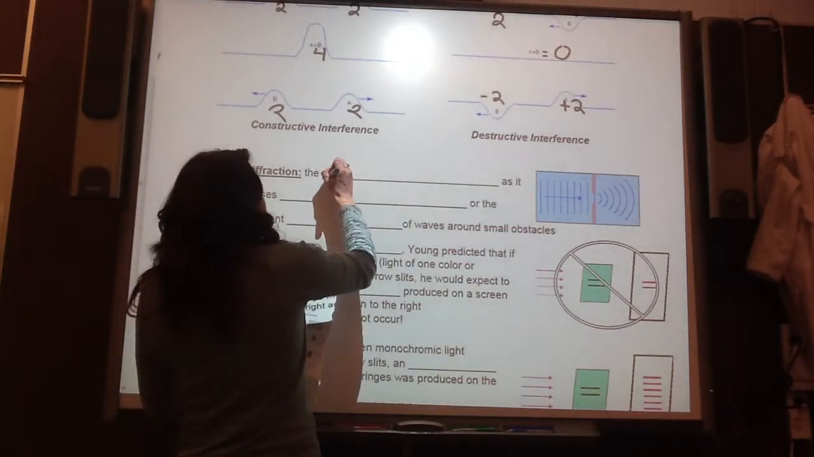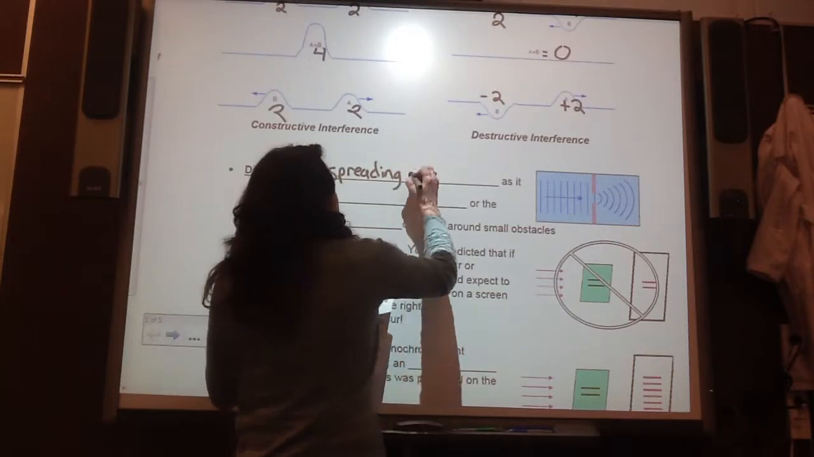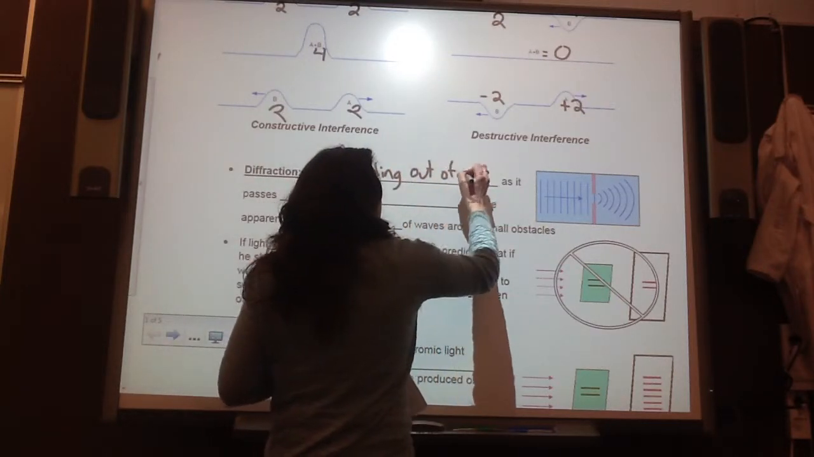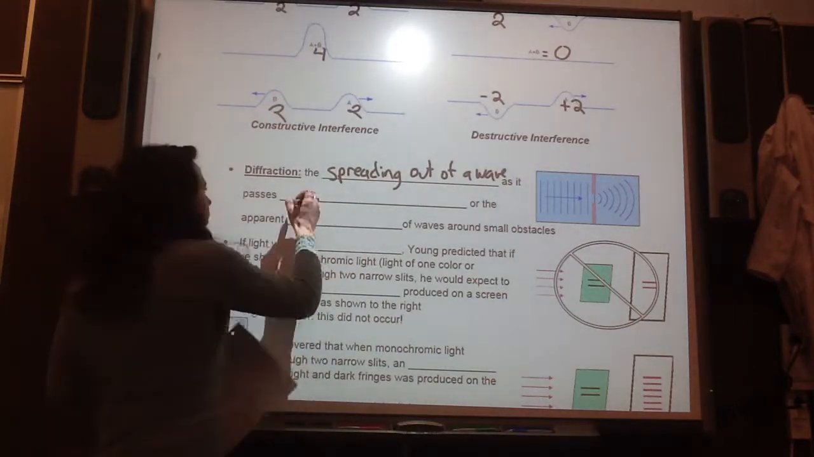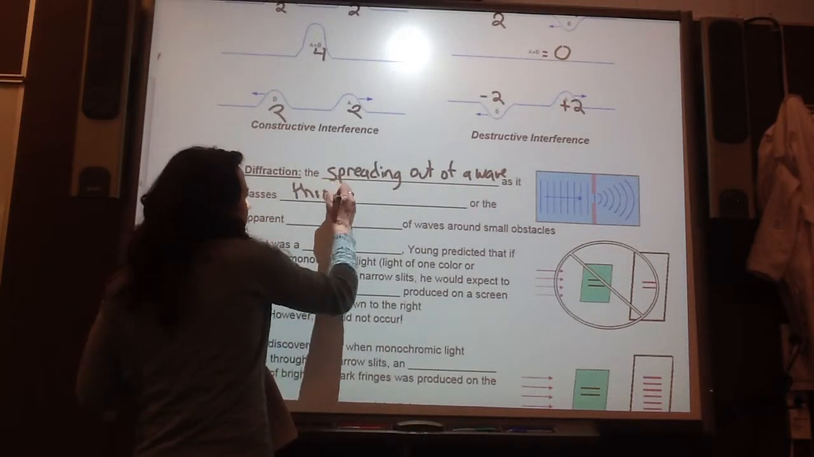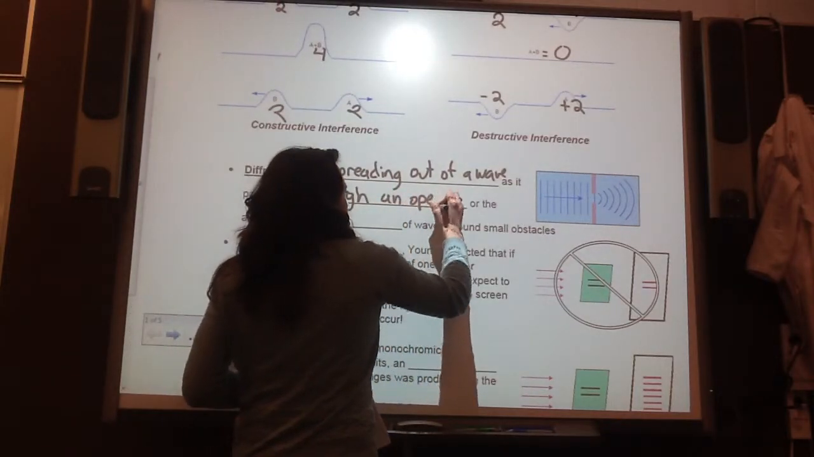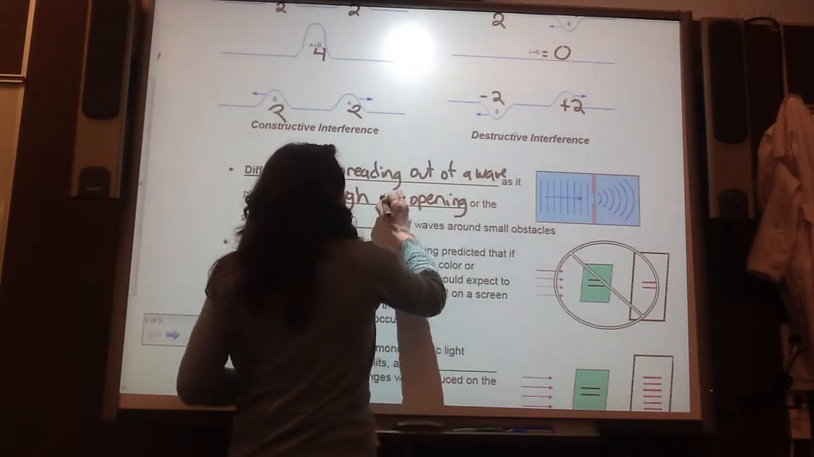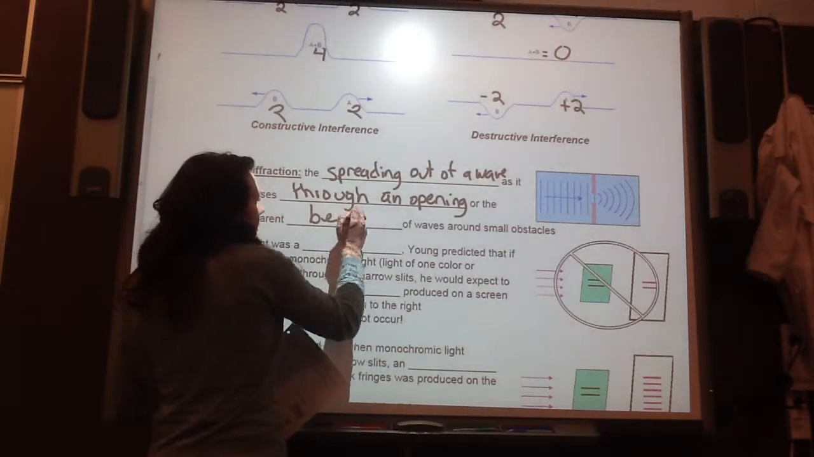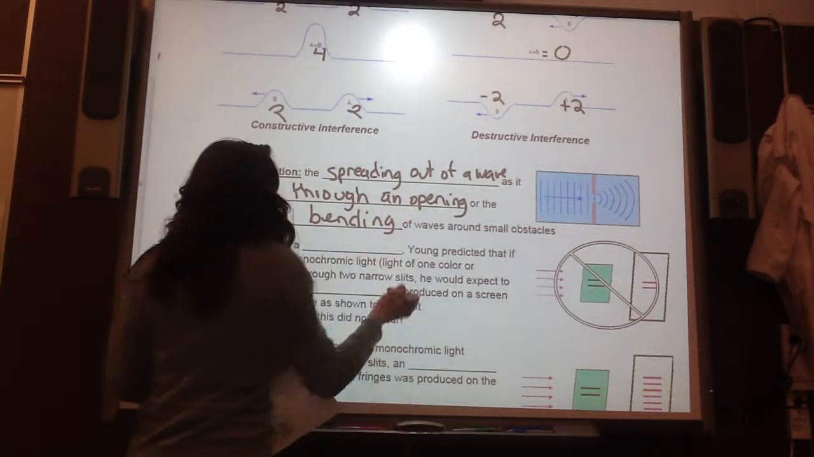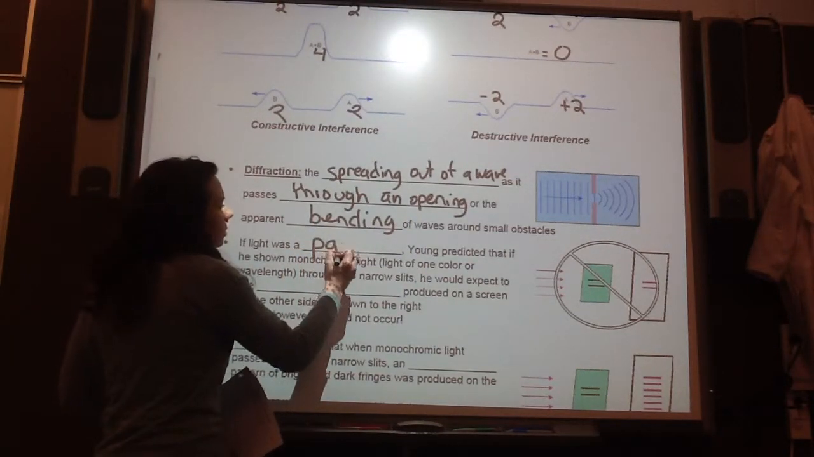Diffraction is the spreading out of a wave as it passes through an opening, or the apparent bending of waves around small obstacles. If light was a particle,